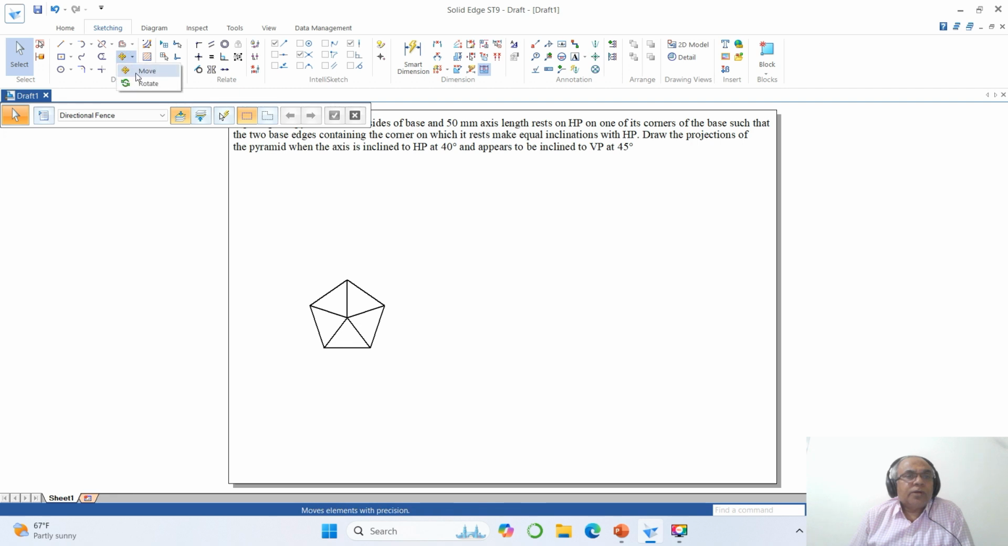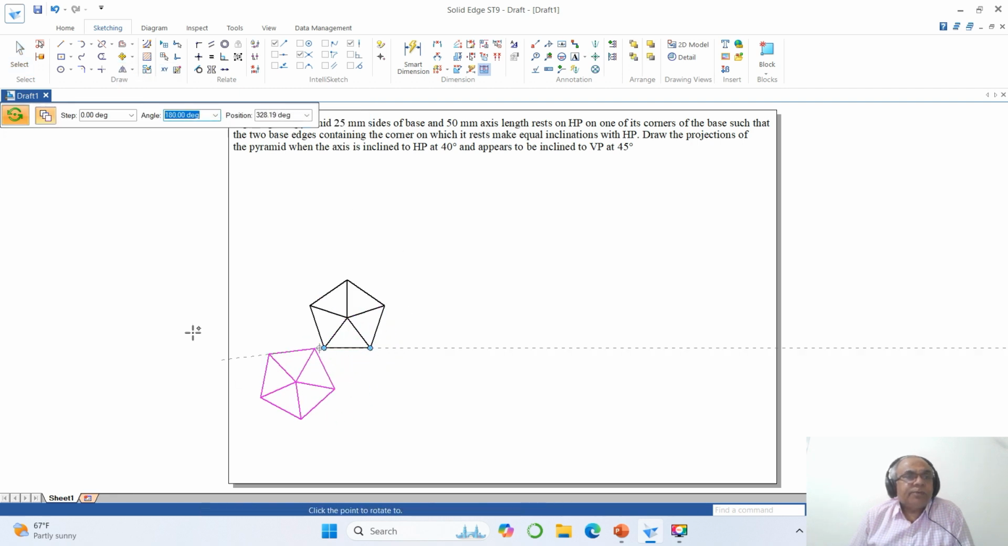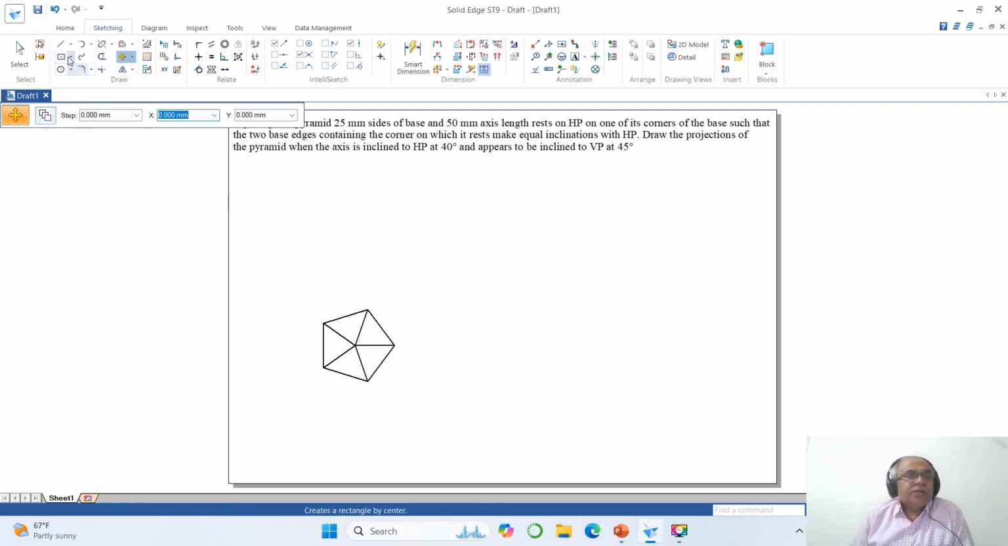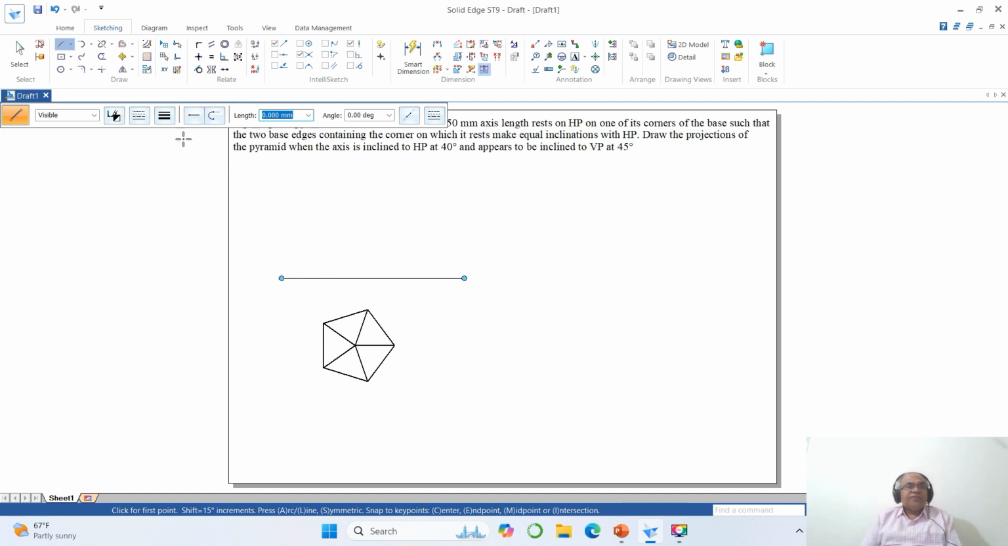Then you go to rotate, select this, take this endpoint to this endpoint, disable copy and make this vertical. Now you go to move command, disable copy, select wherever you want and bring it here. Then go to line, draw a vertical line of any length. Then go to offset, take the distance as 50 mm